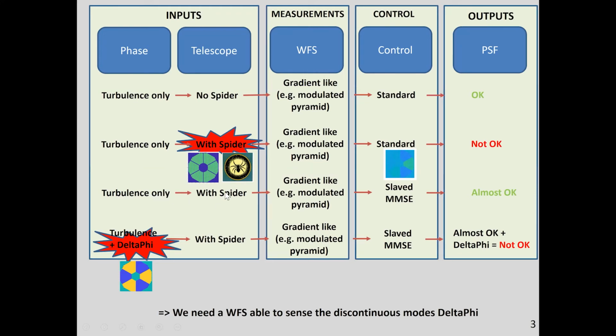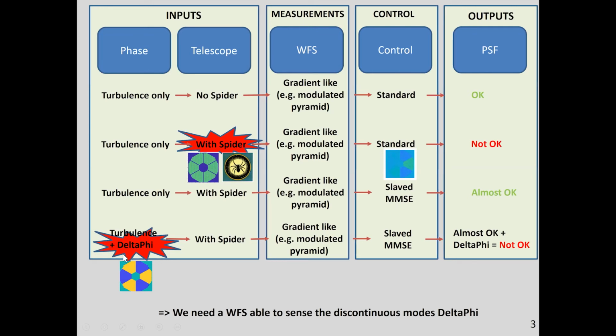The solution that we propose with HARMONI SCAO, and that is also used in some other studies, is to slave the actuators, or to pair the actuators side by side along the spiders. So this is a control solution that works almost okay. I say almost because we still have some residual that degrades the performance a little bit, but we can deal with it. But most of all, I say almost okay because as soon as we add to the turbulence some